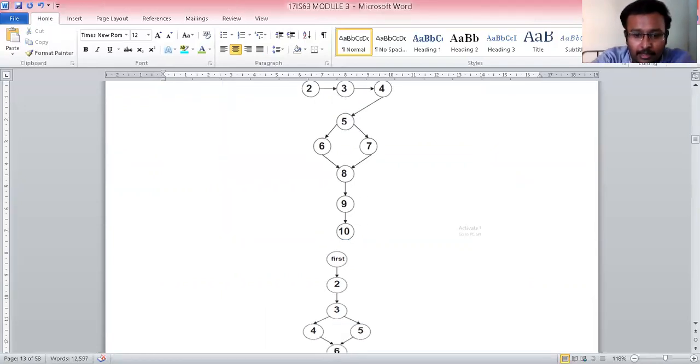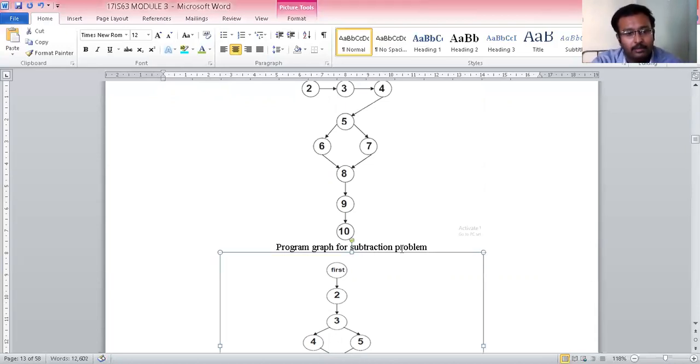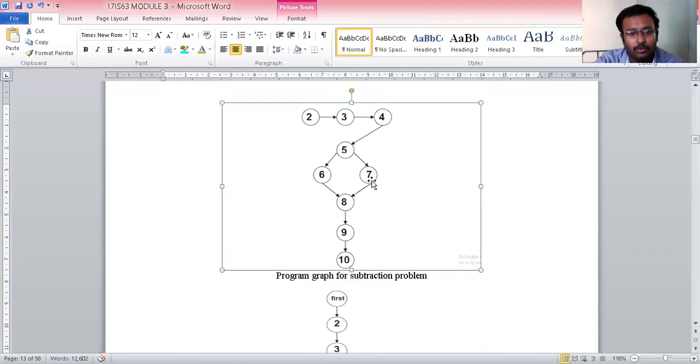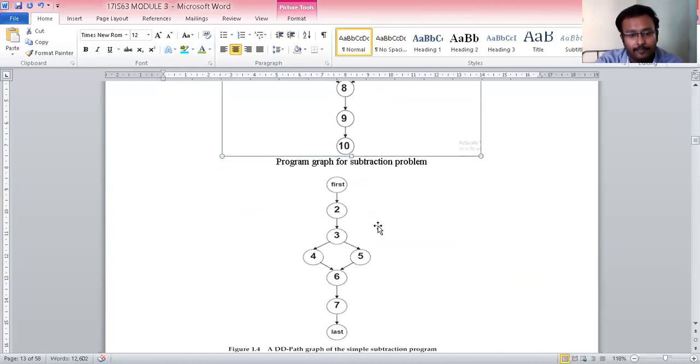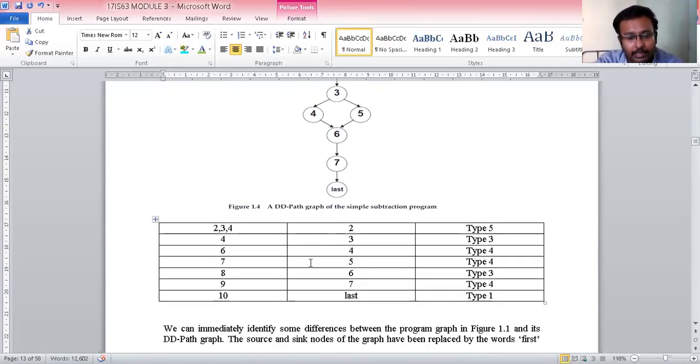This is the program graph for the subtraction problem, which we discussed just now. What I'm trying to explain is, from this program graph, how do you get the definition to definition graph? So now I'm writing a table.